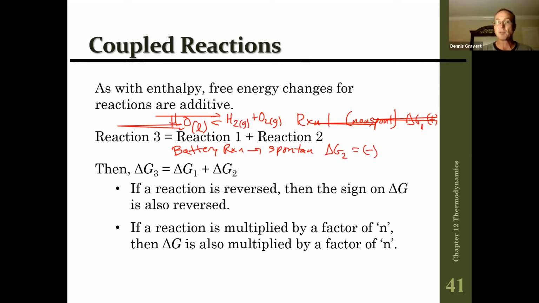And then if you couple them, connect them together, get both reactions going together. If you add them together, this positive one and this negative one, if this is a larger negative, like if this is a +5 but this is a -100, then delta G equals -95. Hey, the sum is negative, which means together the reaction is spontaneous. The reaction happens all by itself. And that explains why,